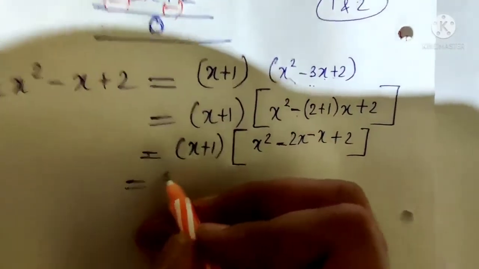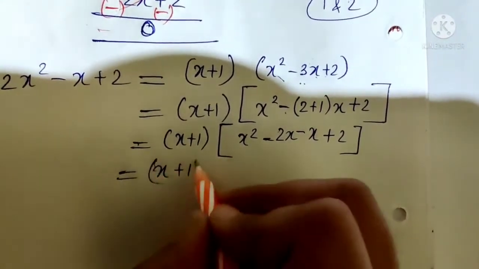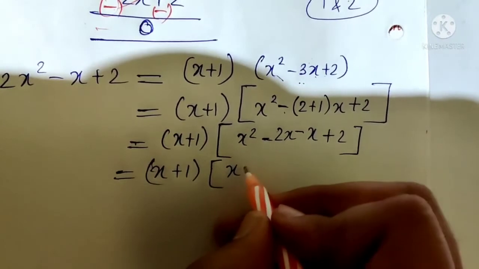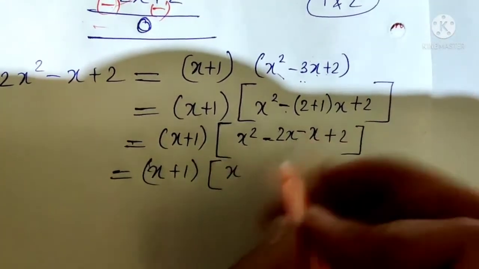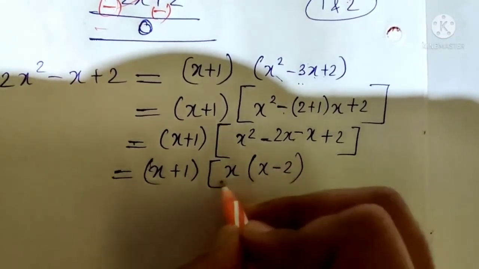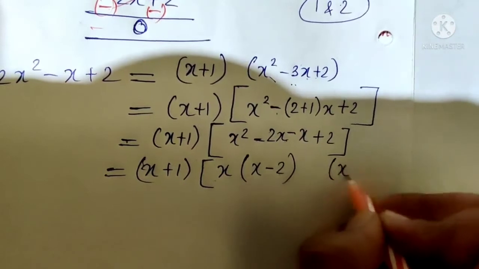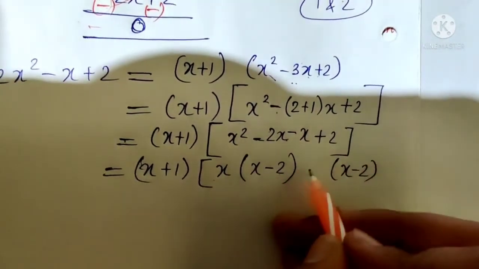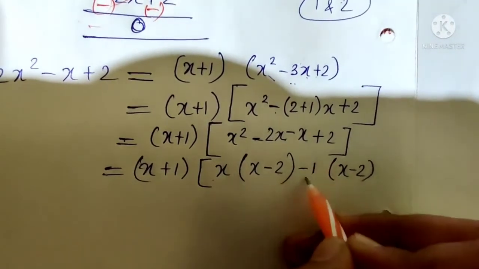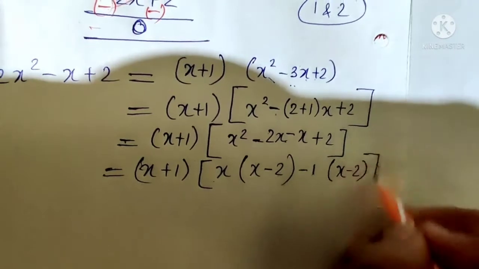So x plus 1, you can write as it is, x plus 1 and bracket, and then x square and 2x. What is common? x only. What is the common between x square and x? x, no? So x into x, x square minus 2, because 2 into x is 2x. Now the same thing we have to write. We need to find here also. So x minus 2 I have written already. Now by which number should I multiply x so it becomes minus x? Definitely by minus 1 now. Minus 1 into x, minus 1 into minus 2, it becomes plus 2. So we got the number.